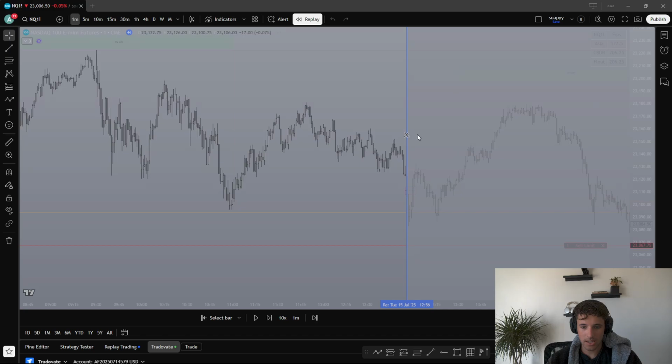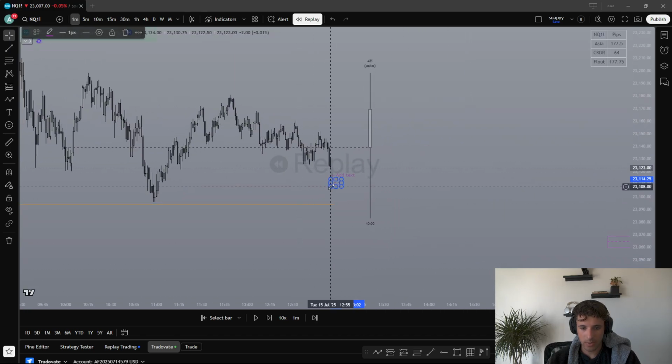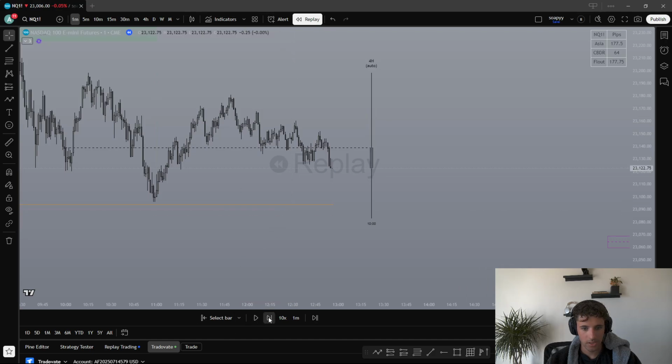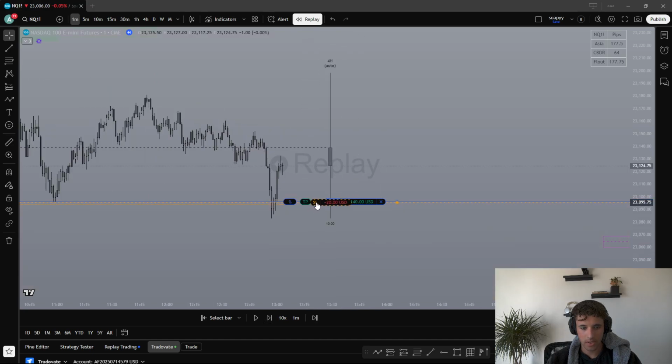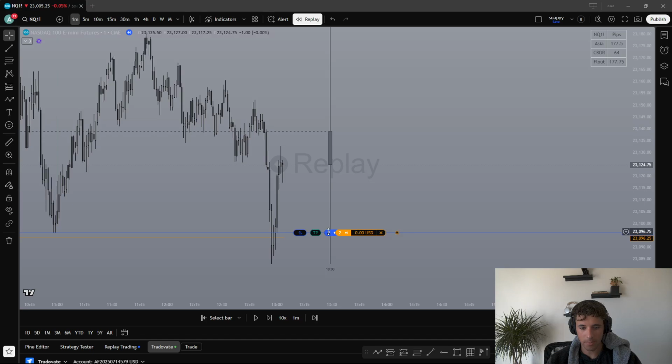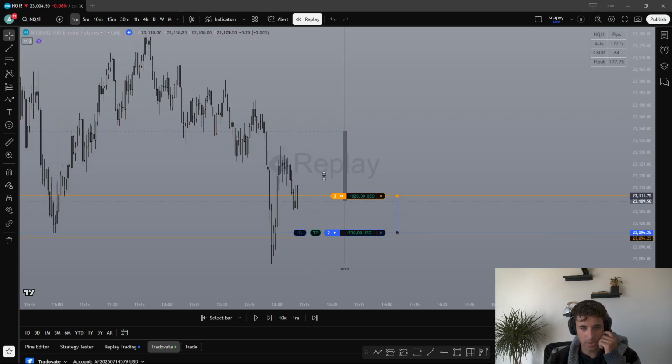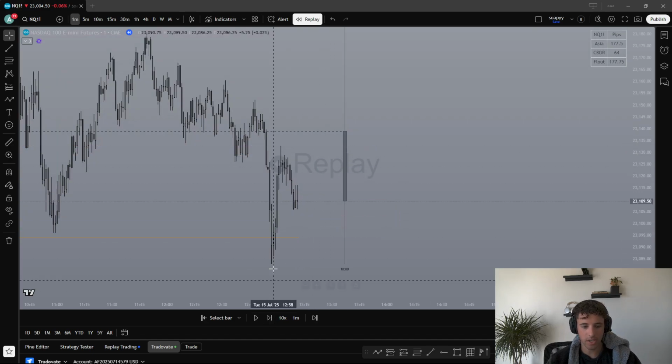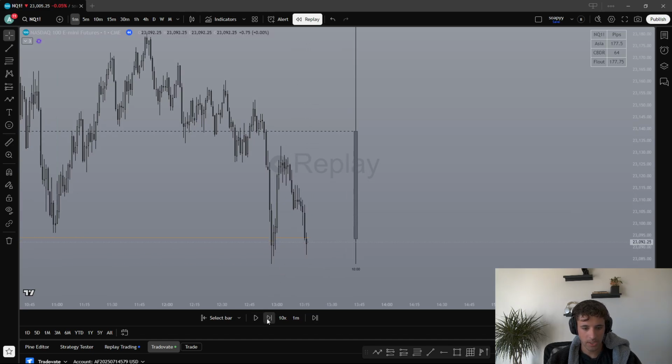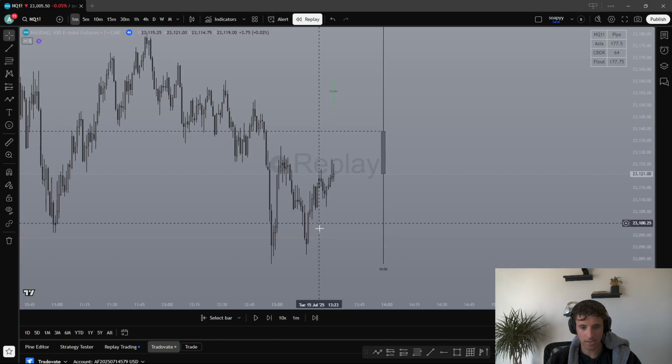Do you see this yellow line? This is midnight open. Let's say we tap into it and I had some limit order set there and then immediately zero drawdown. I'm BE already and I'm already up like 1500. I would have TP'd right there, but that would have been a 1500 trade with very little drawdown. So you can play off midnight open like that and you can see price reacts off of it.